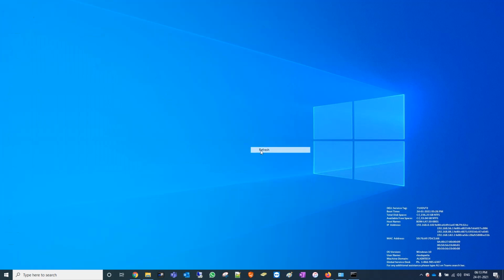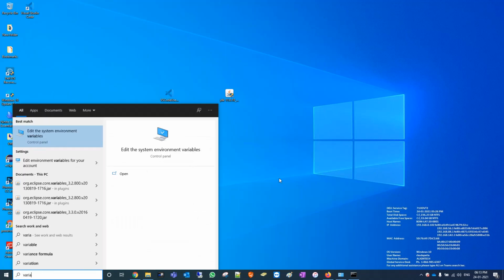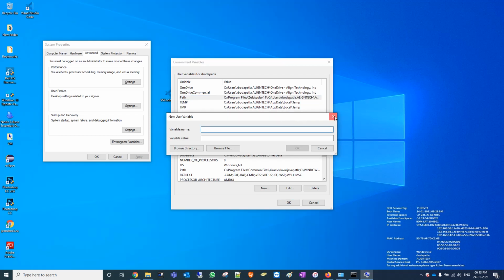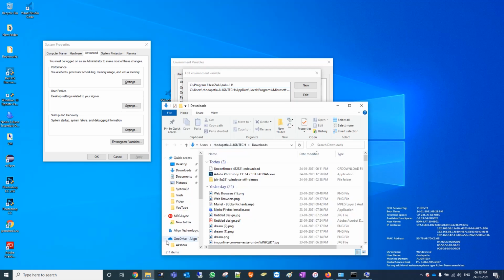Also, we need to add the Java path in our environment variable. So open environment variables, path, edit. Yes, we just need to add the path of the Java JDK 10 version in here. First of all, we go with